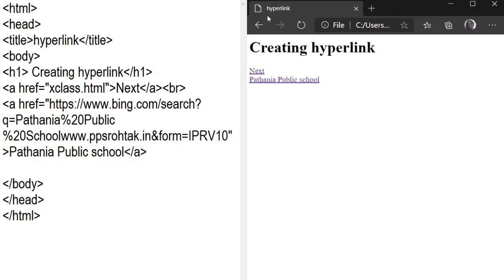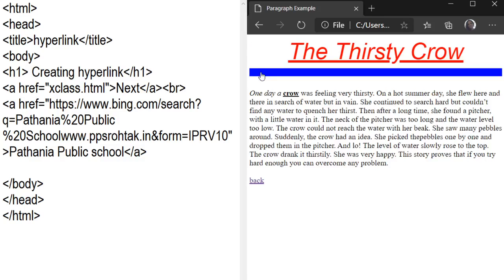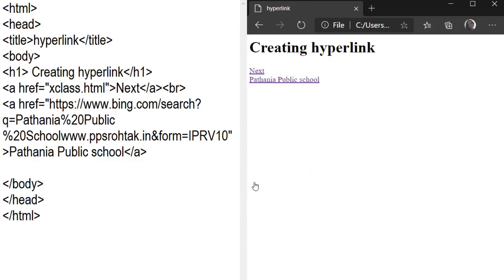If you want to open your hyperlinked file in another tab, then you can use another attribute of your a tag, and the name of the attribute is the target attribute. First you can see the output of this only. When you click on next, your file will be opened in the same tab, and when you click on back, you come back to your file.